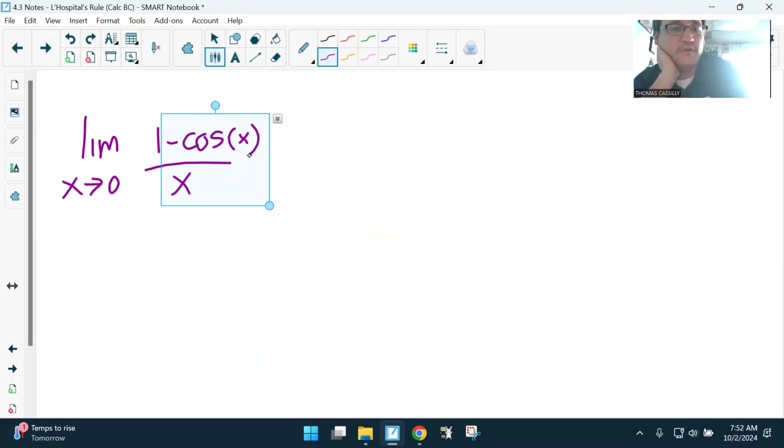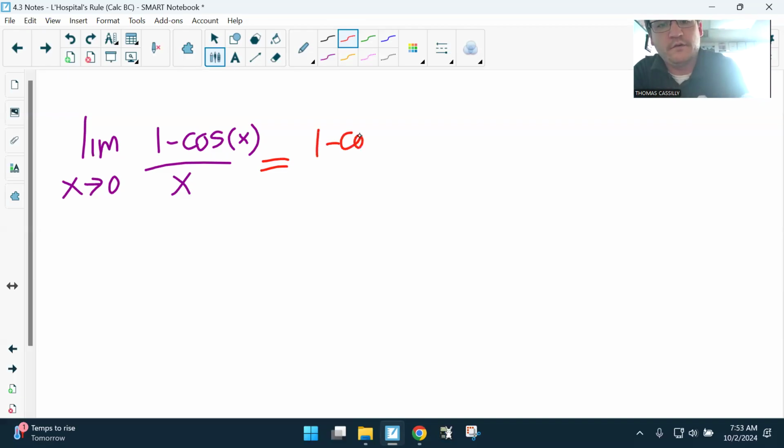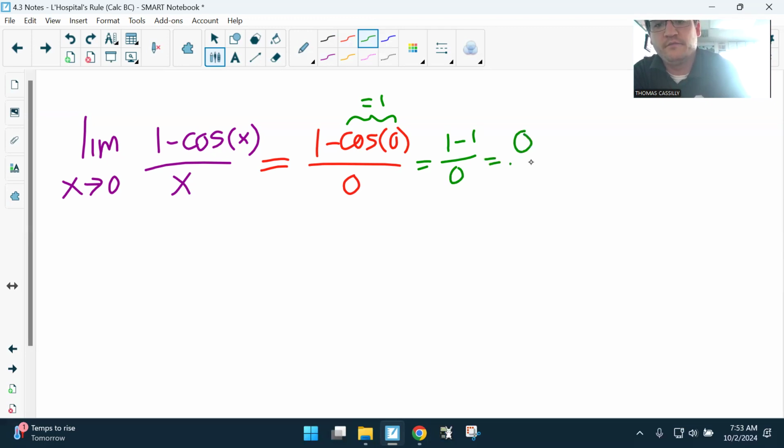Now, if we look at this one, again, if we just plug in for 0, we're going to have 1 minus the cosine of 0 all over 0. Well, keep in mind the cosine of 0 is 1. And so we end up with 1 minus 1 over 0, which is in fact 0 over 0. So this is indeterminate. So using L'Hopital's rule again,